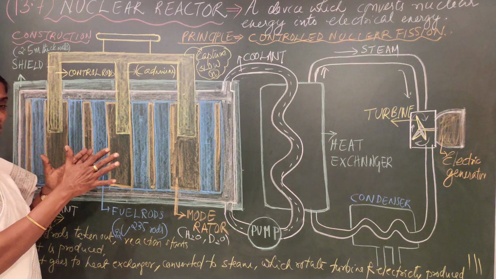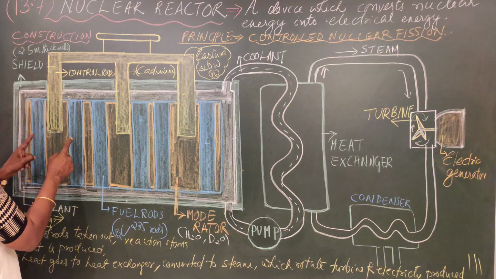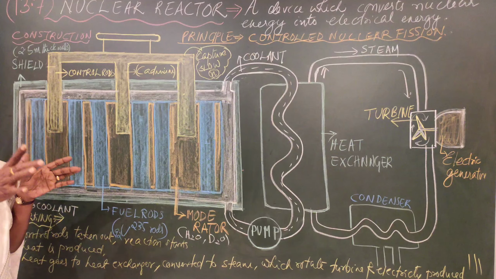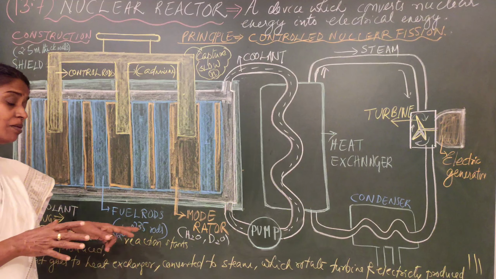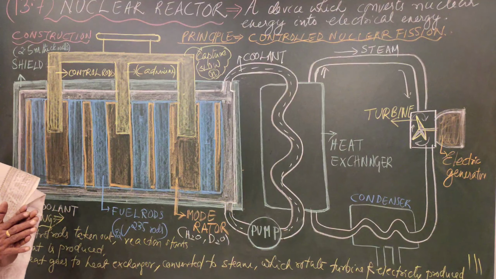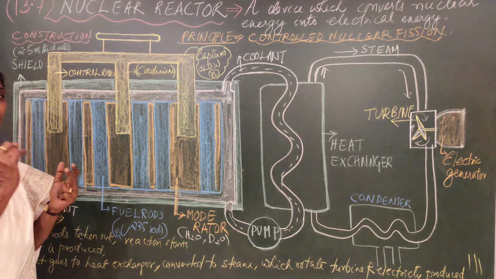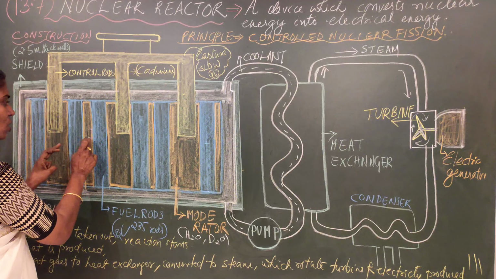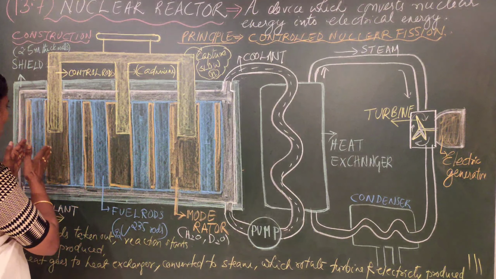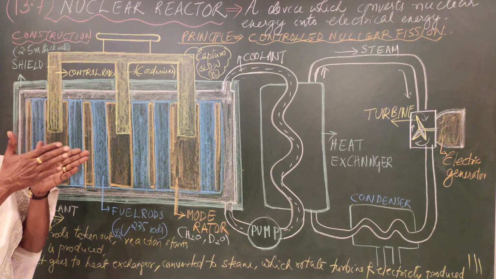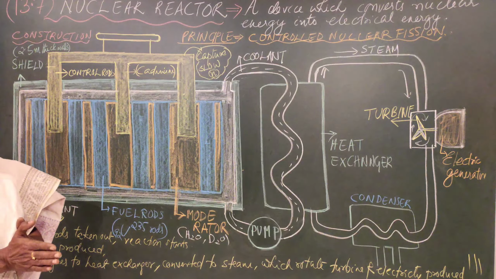So this is a cross section. You have the fuel rods in blue shades. That fuel is made up of mainly uranium-235. And also one more thing. So control rod, then fuel rods, and one more thing, the moderator, the orange shaded portion, you can see alternating like that. So that is the moderator.